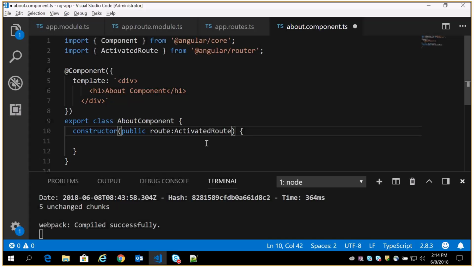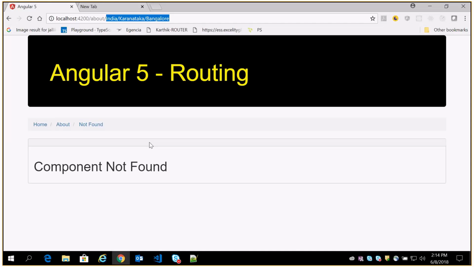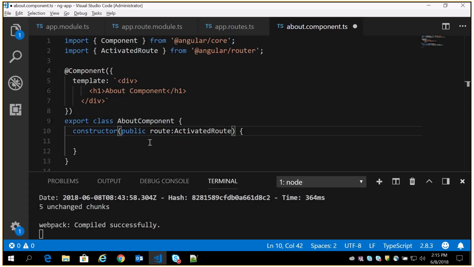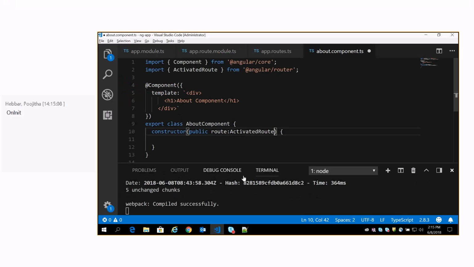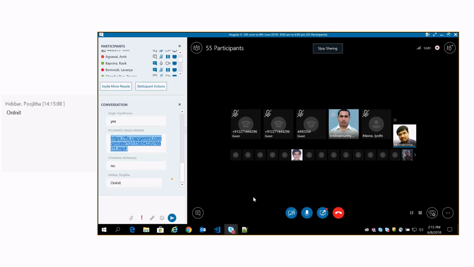For example, I want to get that parameter. The best place is when the app is getting initialized. Which lifecycle method do we need to use when the app is getting initialized? There is one lifecycle method that we have discussed already. Can anyone say? OnInit.